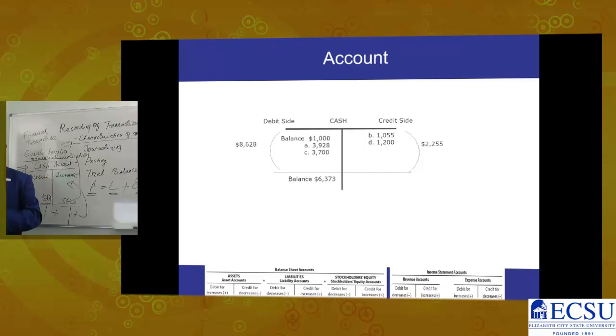On the credit side, I have two payments totaling 2,255. And on the debit side, the total is 8,628. If I subtract the 2,255, I get 6,373. So 6,373 is the balance. Now, you have to always understand that all assets will have a debit balance,